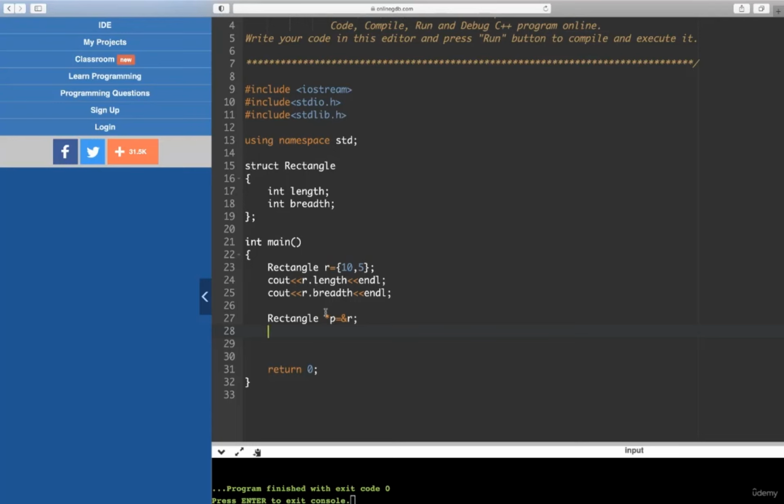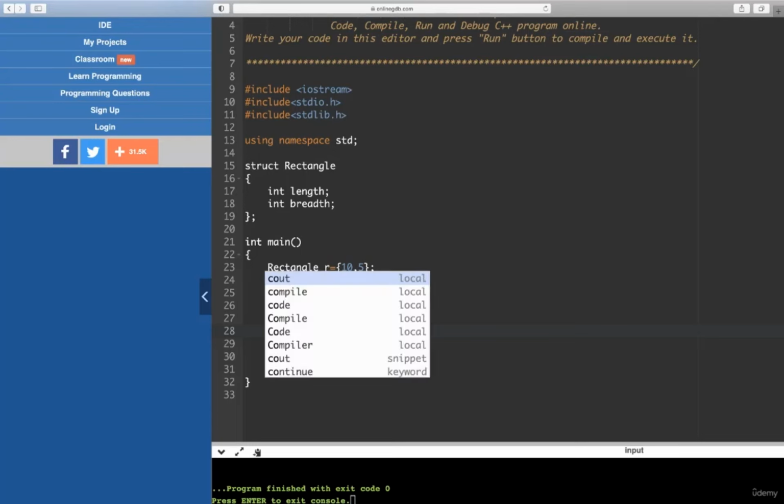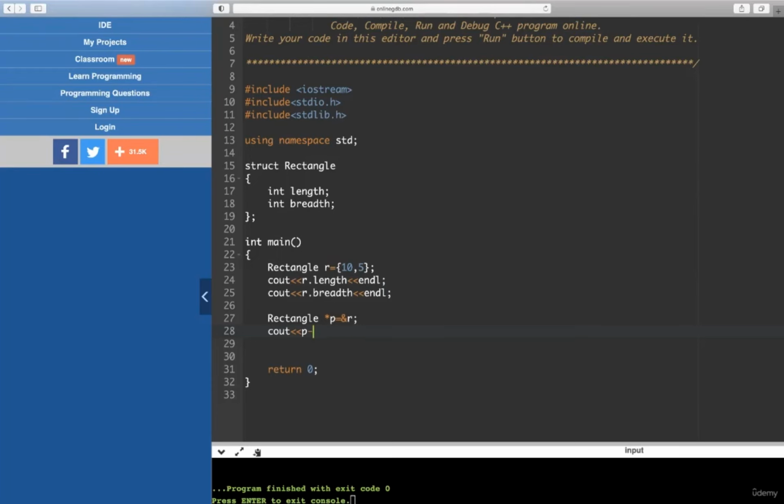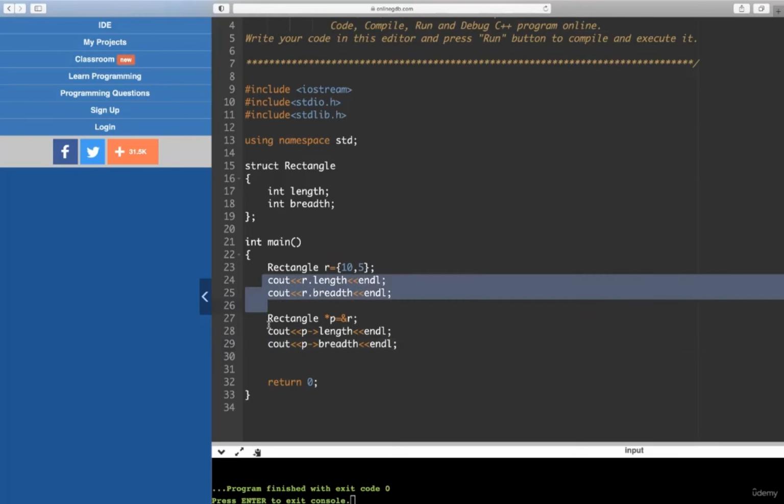You have to use arrow. Then cout, p arrow length, okay? Then this is NL. Then cout, p arrow breadth. And for this also I will use NL. Let us run this. It should print length and breadth, that is 10, 5 in this line and 10, 5